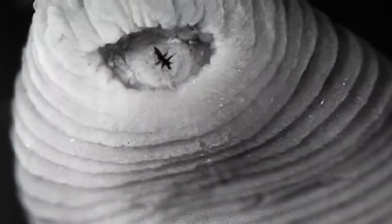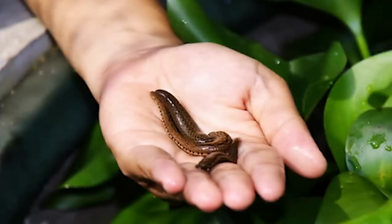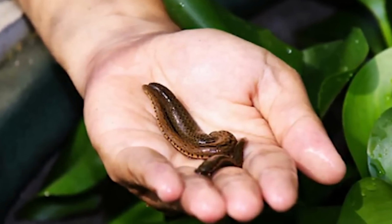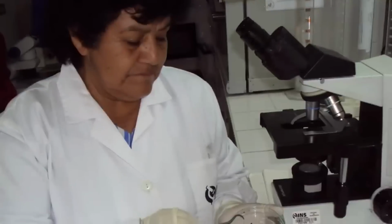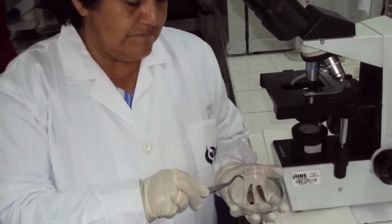These guys have 8 teeth, and their discovery came after one was found feeding on the mucous membrane of a girl who had recently bathed in the upper Amazon. Unlike other leeches, these guys only have 1 row of teeth, but they are disproportionately large. These horrifying things do not drop off their hosts after feeding, but instead will remain attached for days or even